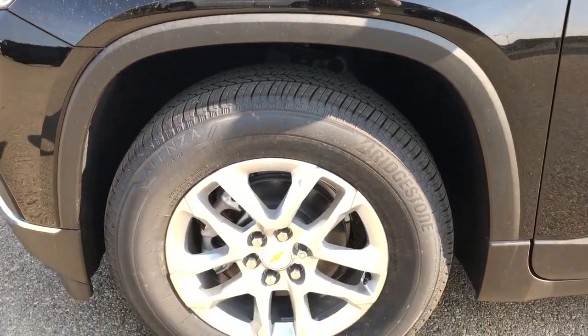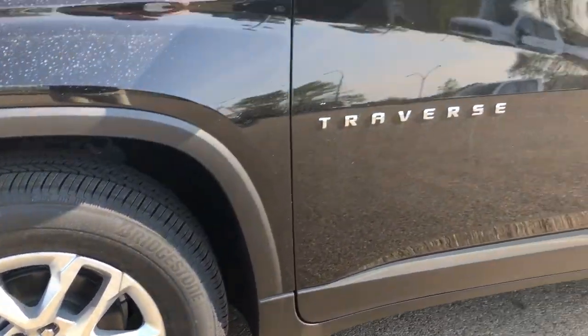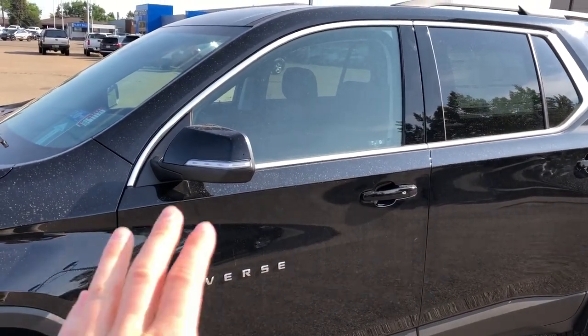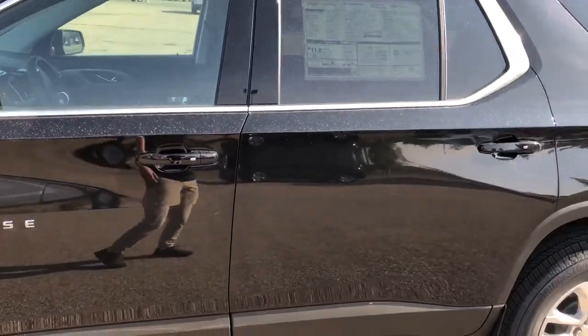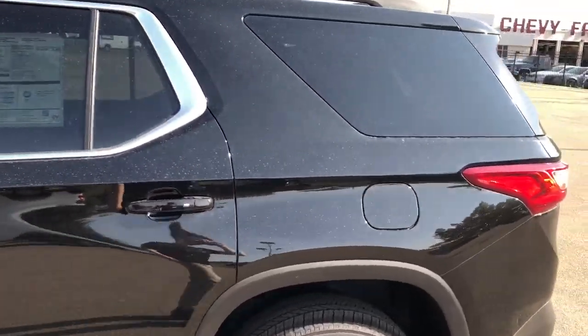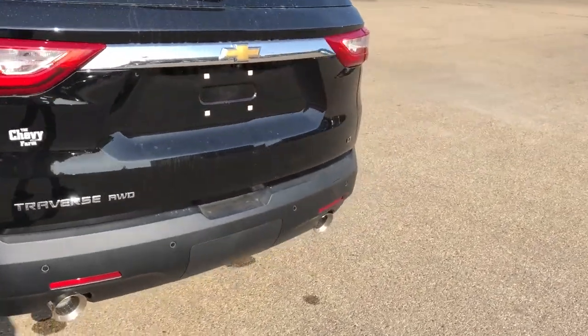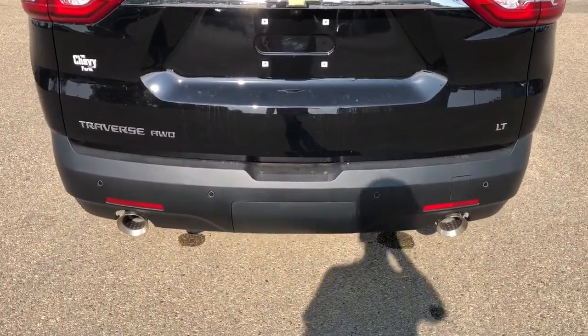Back onto the exterior we can see our alloy rims with Chevrolet bow tie center caps. We have Traverse badging in chrome, as well as paint matched mirror caps and door handles. Mirror caps have side indicators, and door handles, all 4, have chrome lock and unlock buttons. Our rear privacy tint. And around to the back we have our Traverse, all-wheel drive and LT badging, all featured in chrome. Top of that we have our chrome tip dual exhaust,